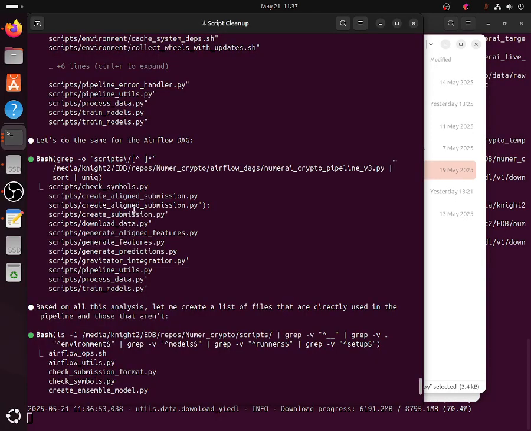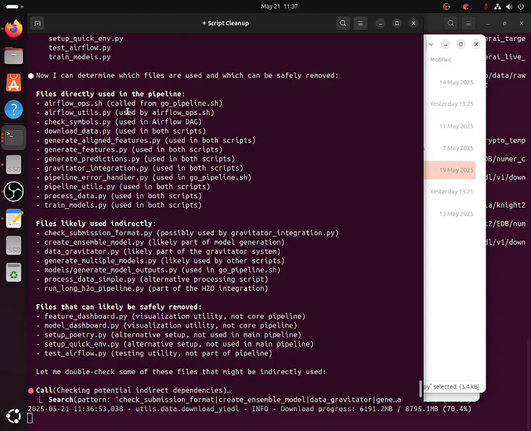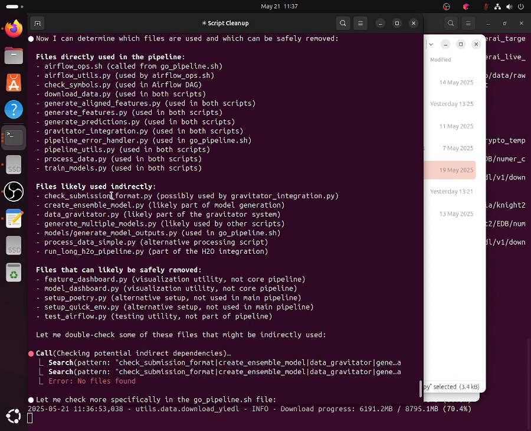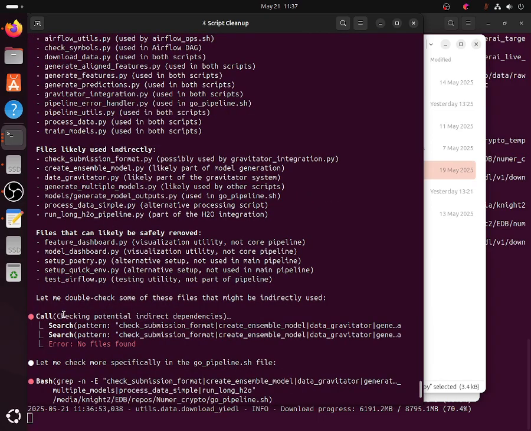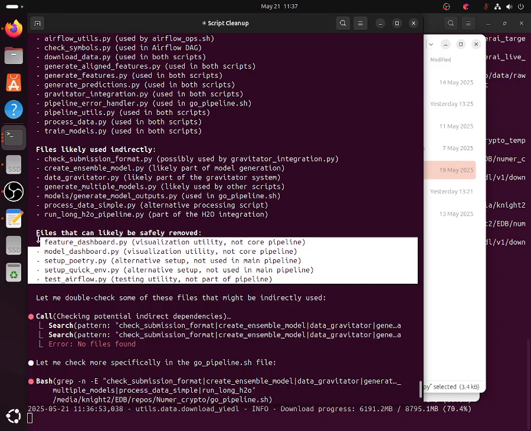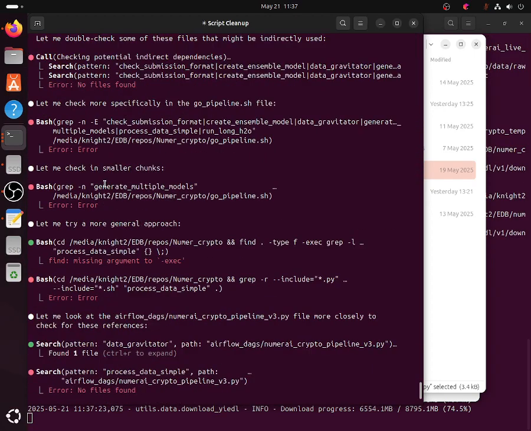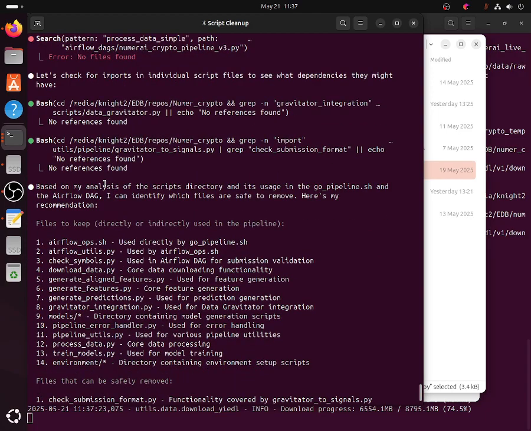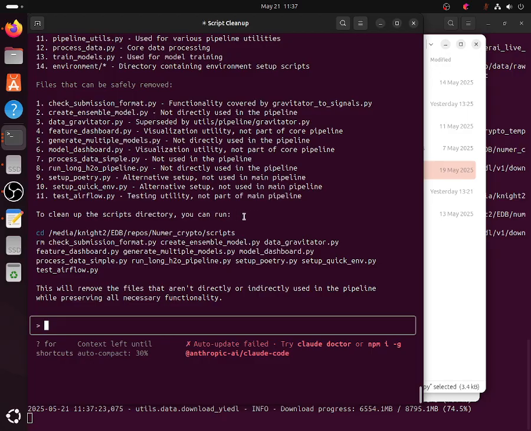Let's see how far we are with the cleanup. Still running. Files directly used, files likely used indirectly, files that can likely safely be removed, including test airflow. And so we also found some other files that are not being used. Files to keep, recommendation. You can run. Yeah, okay, now